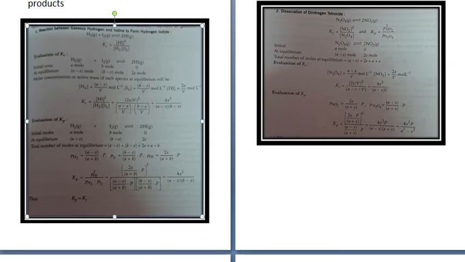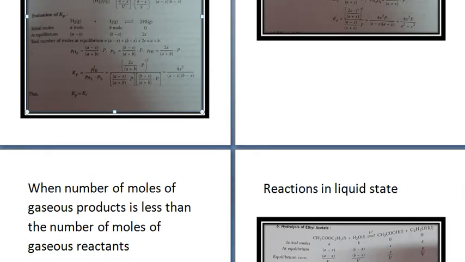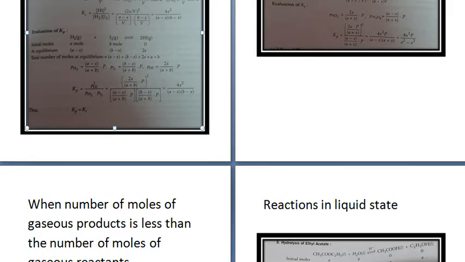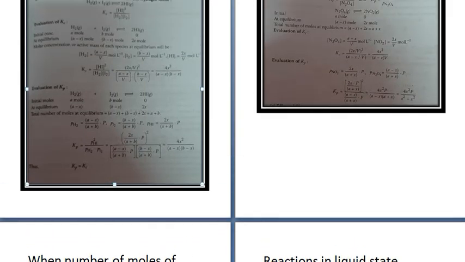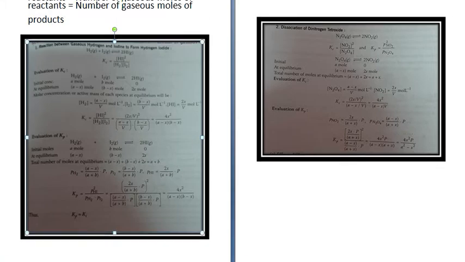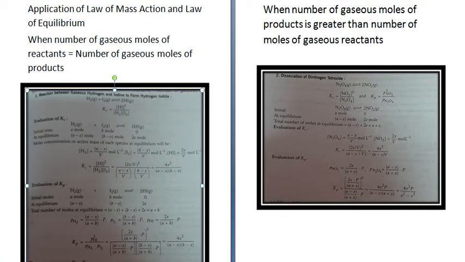Now, effect of changing concentration on adding hydrogen or iodine to the equilibrium mixture. Let's see over here. On adding hydrogen or iodine to the equilibrium mixture, what will happen? The denominator of the equation increases, and to maintain a constant value of Kc or Kp, the value of HI should also increase. That is, more H2 and I2 will combine to form HI.